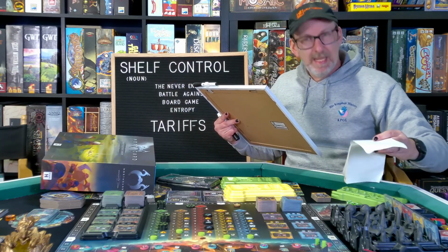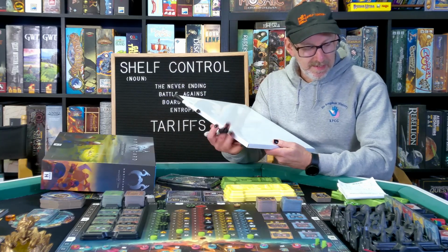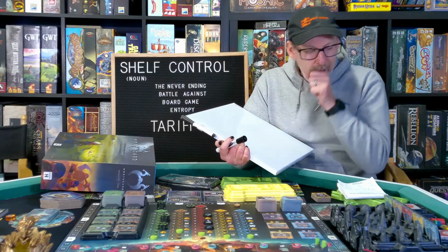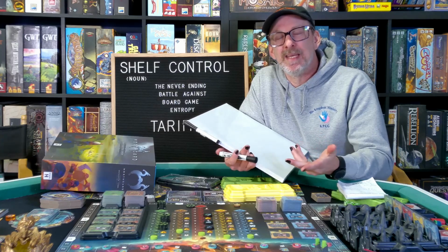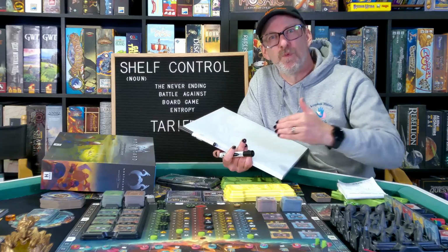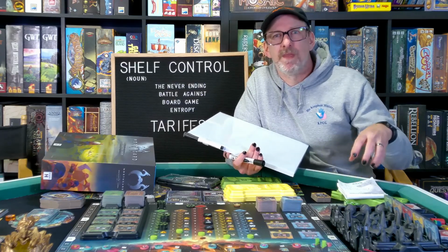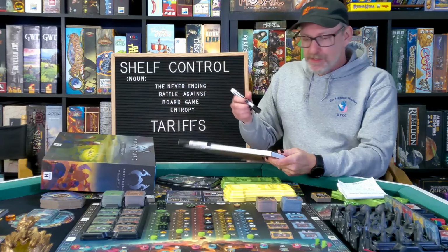I looked up the numbers that they did for Northgard. And what I did was I just took the number of pledges at each level and came up with a total. The total that I have is a little bit lower than their total because people were adding in their estimated shipping values to try and reach stretch goals. And so I didn't want to include those extra bits in, and instead just go off the price of the expansion and the price of the bundle and do the math from there. So for